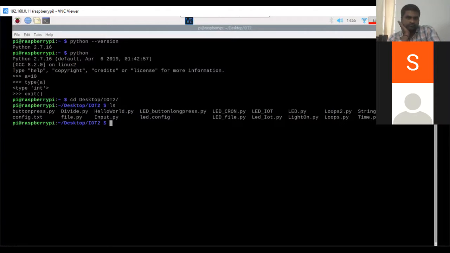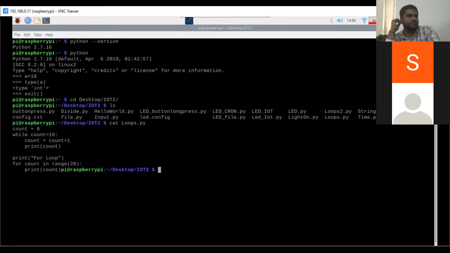So, cat loops.py. In the loops program, the counter will be incremented.